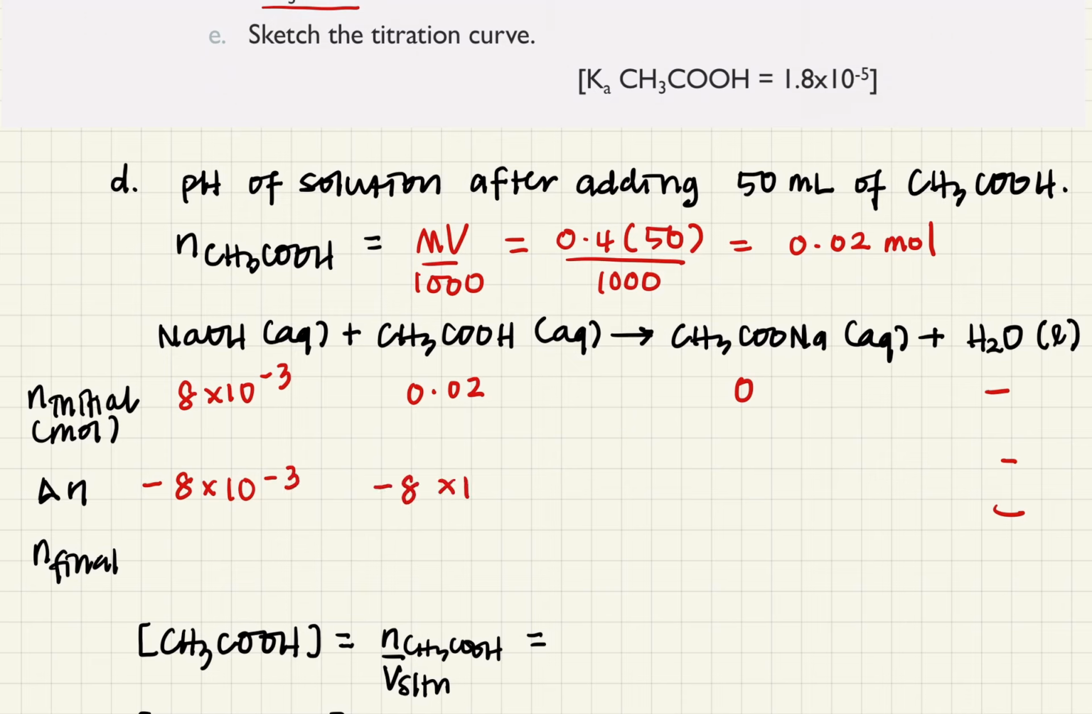Okay, so this one will be plus. Okay, so this will be 0. You will have no sodium hydroxide left. You will have 0.012 moles of acetic acid left, and you will have this much of salt. Okay, alright, so